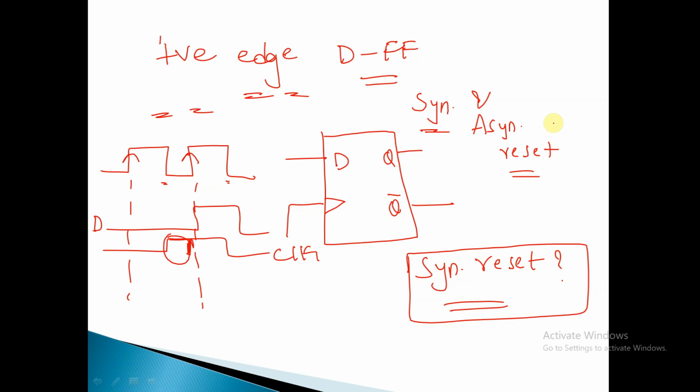Synchronous reset means this particular reset signal is synchronous to the clock. That means if it is a positive edge triggered flip flop, and we apply the reset at the positive edge only, the flip flop will go into the reset state. If it is a negative edge triggered design and we apply the reset signal at the negative edge, then the design goes into the reset state. Other than that, it does not go into the reset state. And if it is an asynchronous reset, then